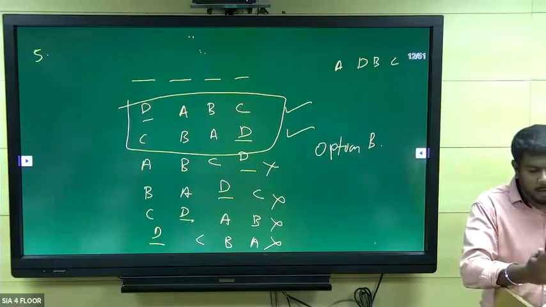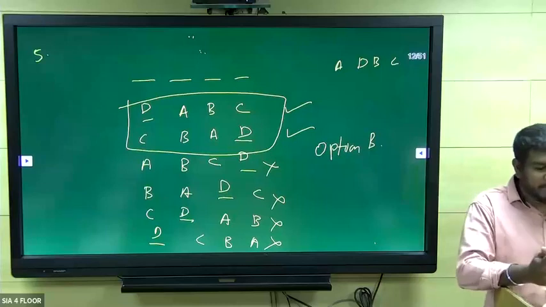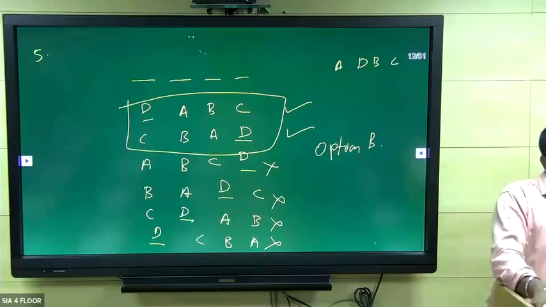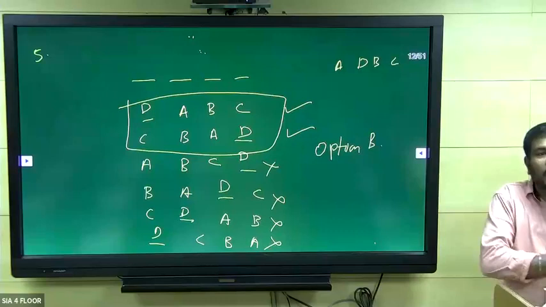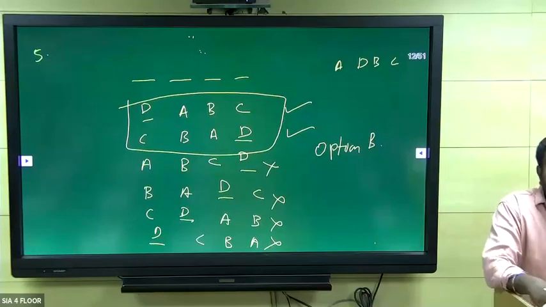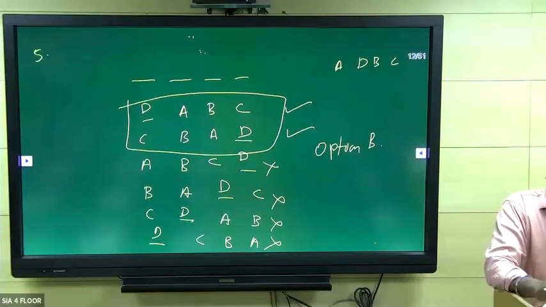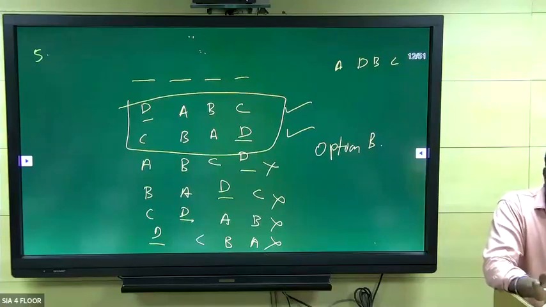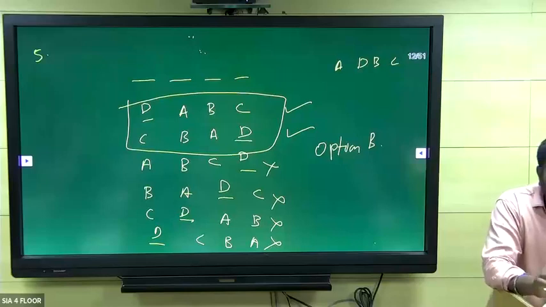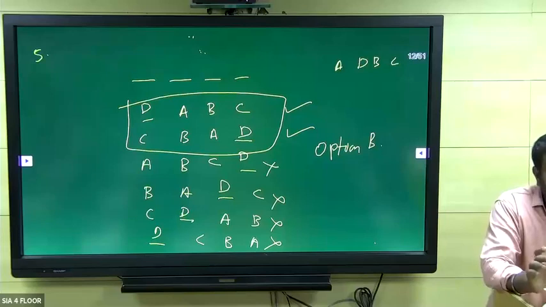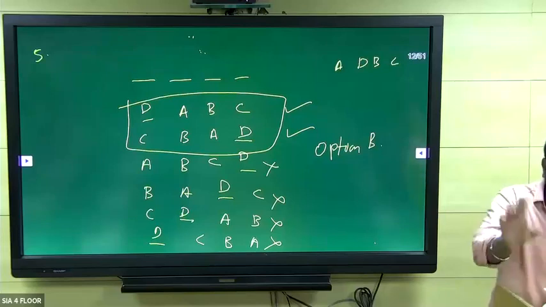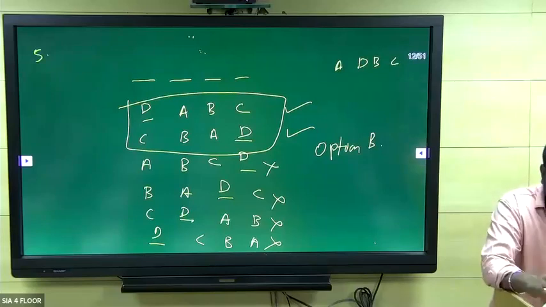Sir, in the options, if A, B, C are given, that would be the answer for the fifth one. Yes, but if ABC is given, they don't ask the question like this. Who is R? They will ask simply who is adjacent to D. They want to confuse us. Answer is not ABC. They don't give it like that. If they are given like that, then ABC will be the answer for the question.